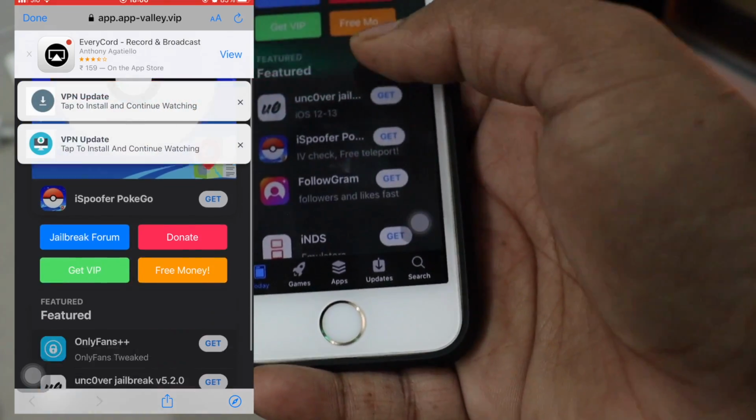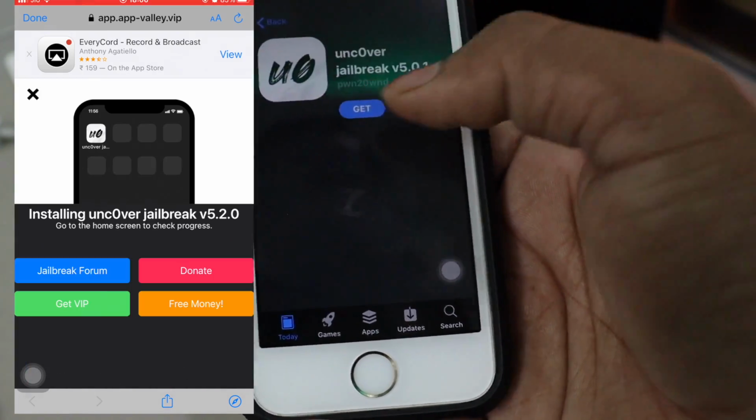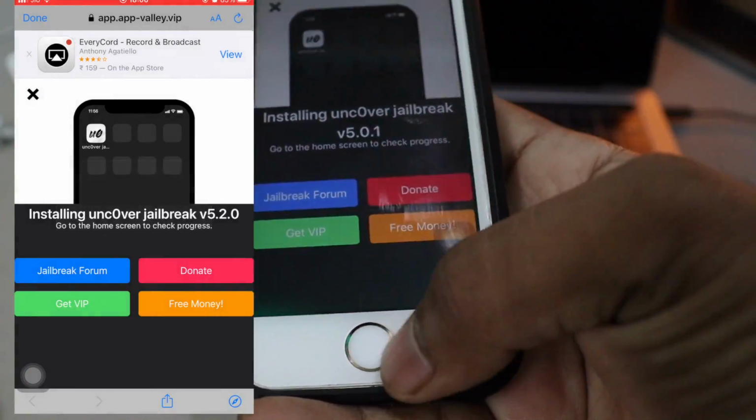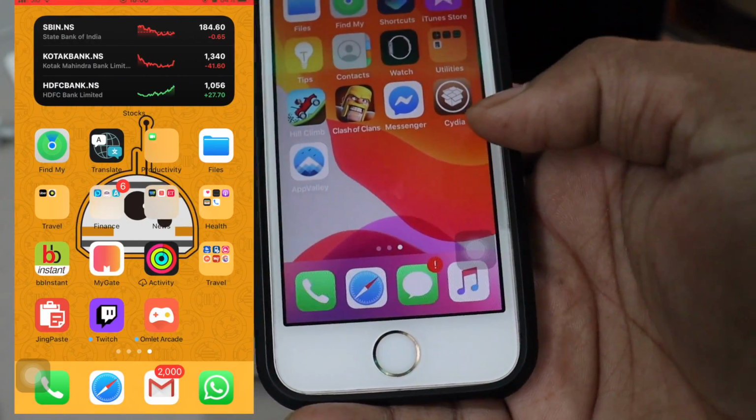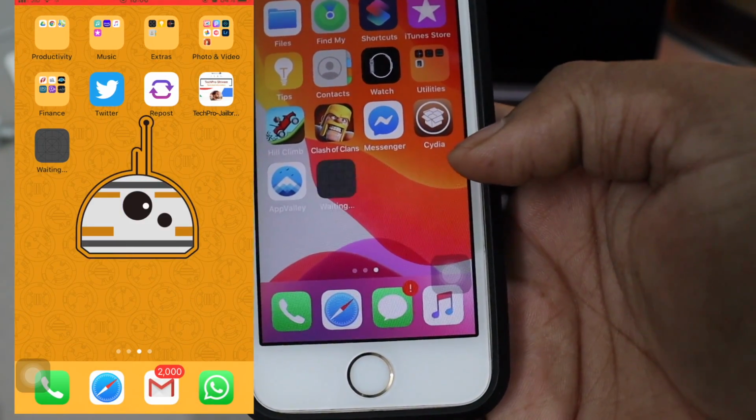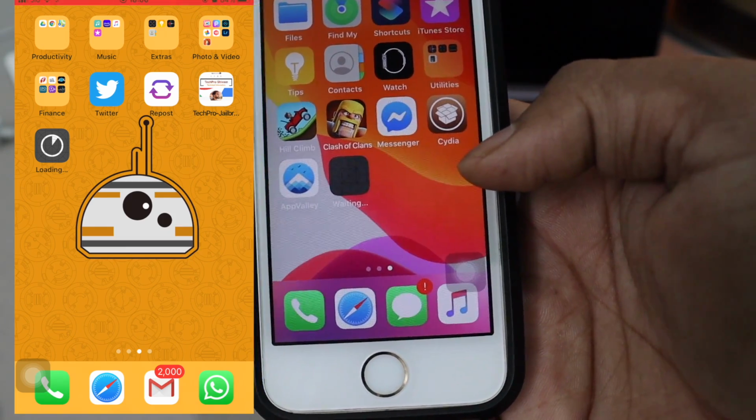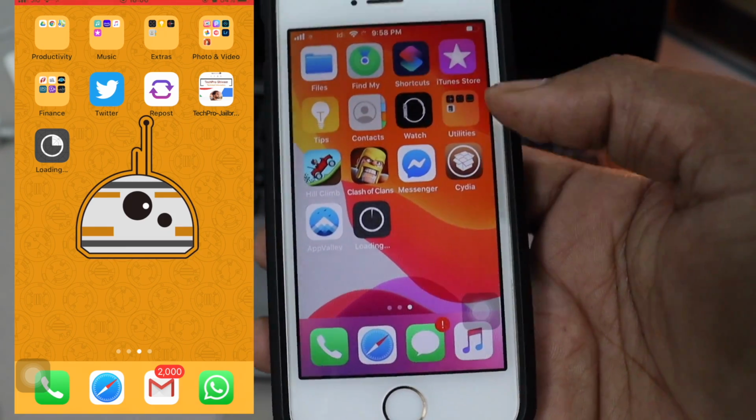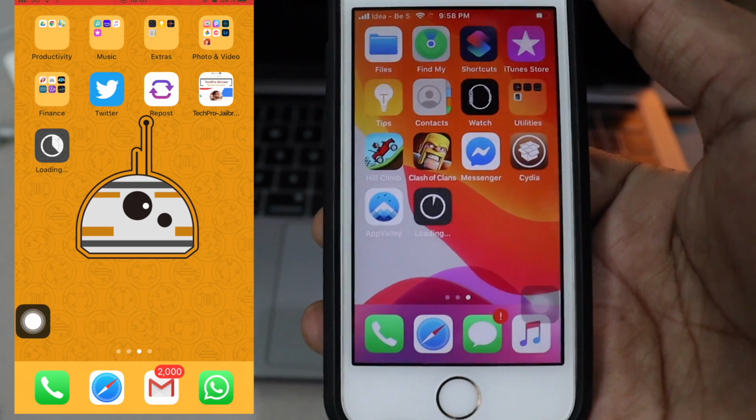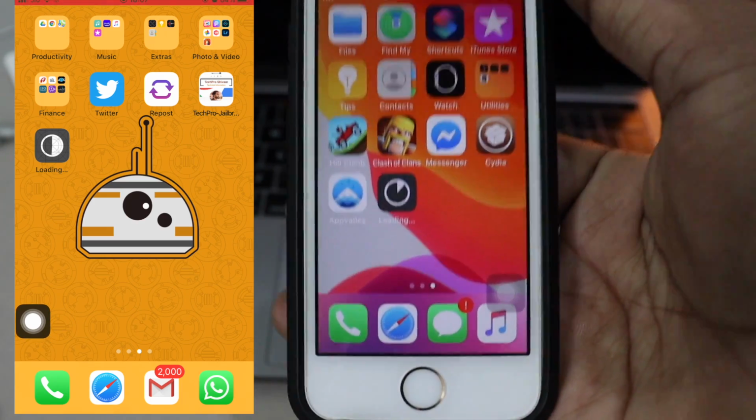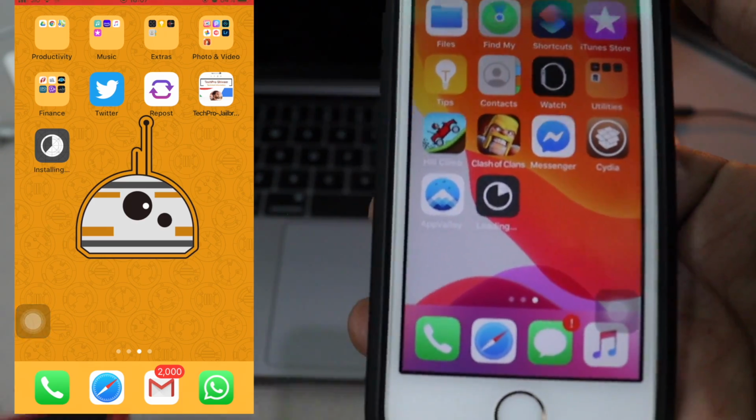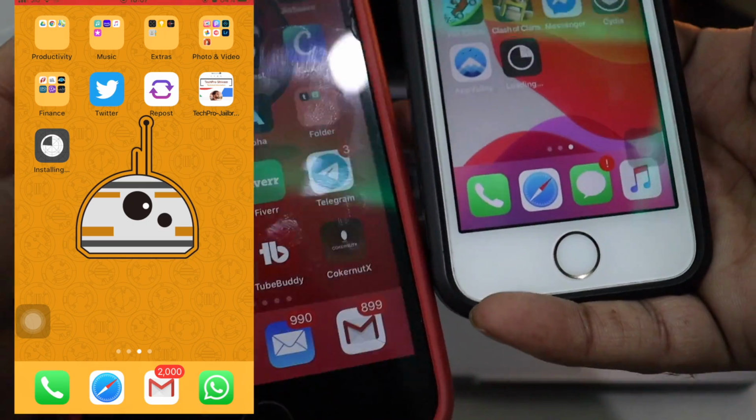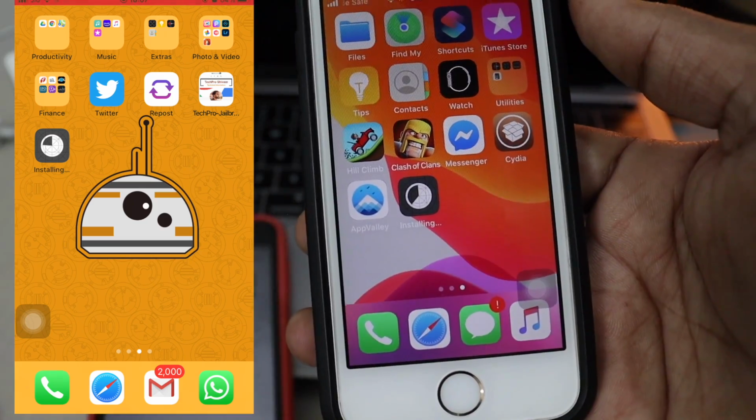Now open it, and until you see UncOver's latest version, 5.0.2. So that was the latest version. Now as you can see, App Valley will start downloading because it recently got signed, and that's why it is working right now. It might not work tomorrow or the day after tomorrow, so don't worry about it,